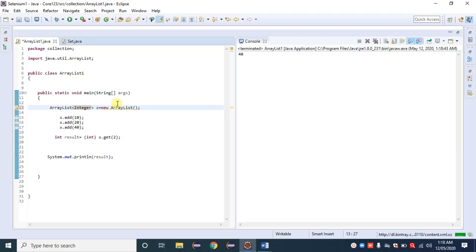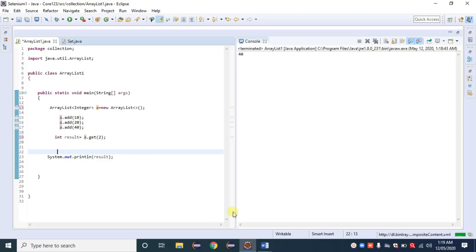Integer, here integer. So when we are directly giving a generic, there is no need of data type casting here, because this list strictly contains all members from the integer family. We can call directly. That's about ArrayList, LinkedList or Vector. All the things remain the same. How to call them? Calling has 3 methods. We can call directly, or we can go with a for loop, or we can go with a while loop. That depends on us.